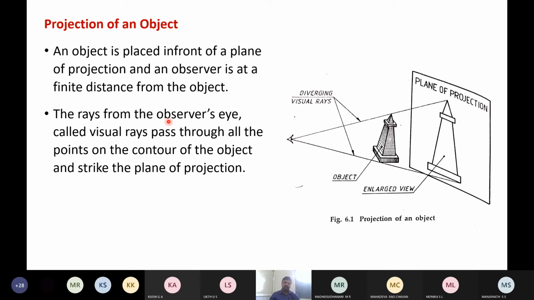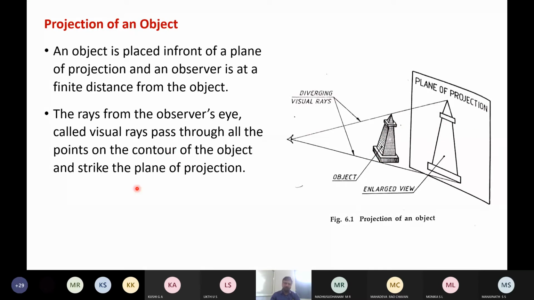The rays from the observer's eyes, called visual rays, pass through all the points on the contour of the object and strike the plane of projection. Here only 2 rays are represented, but there are a number of rays which pass through this object and are projected on the plane of projection.